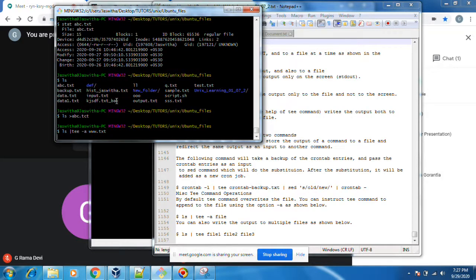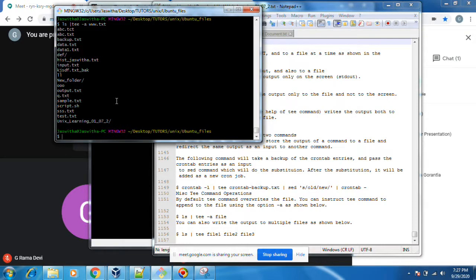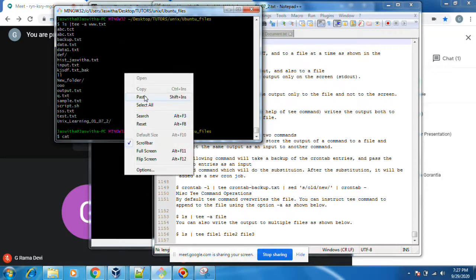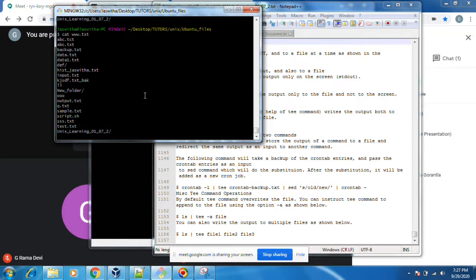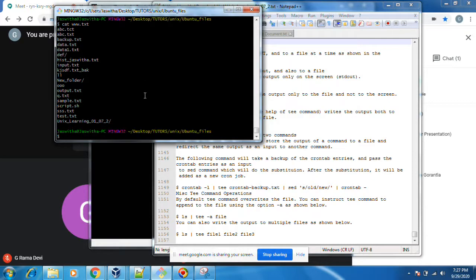I think it should be there. Yeah, it is displayed, and as well the data is written in that file. Okay, you understood now what the tee command is. This is the property of tee: it will do both things together, display as well as write to a file.